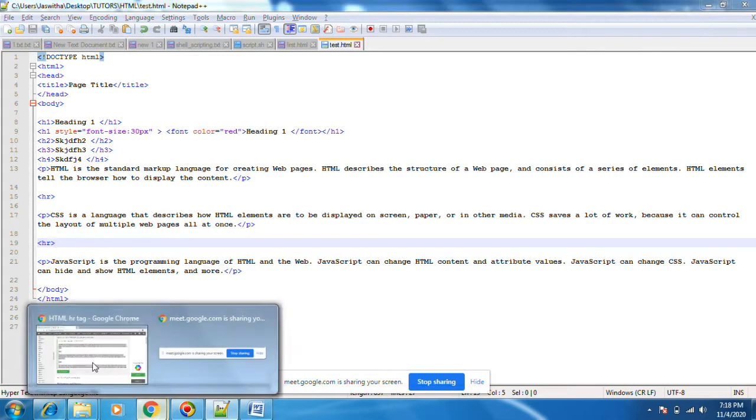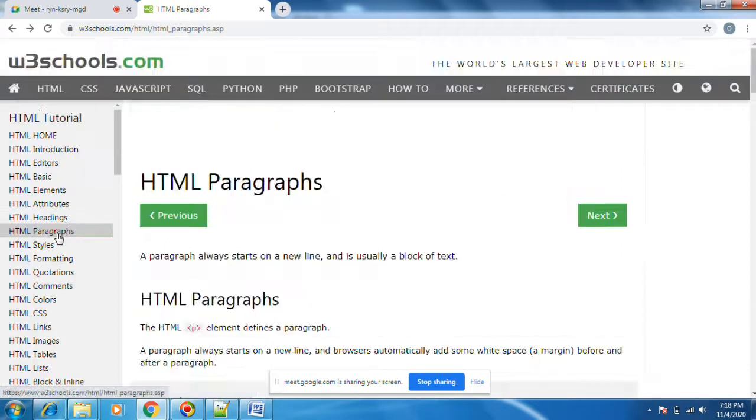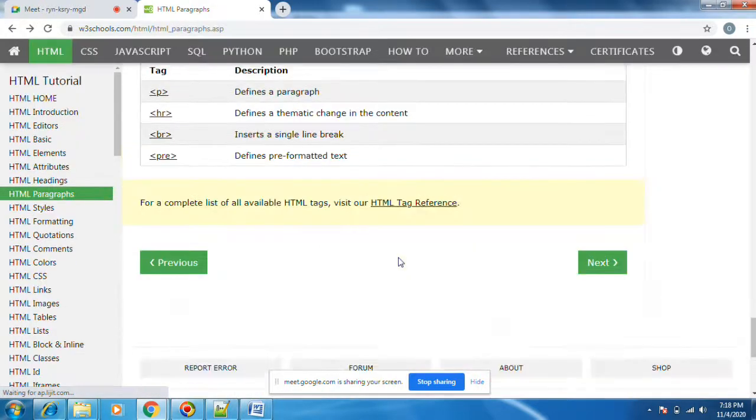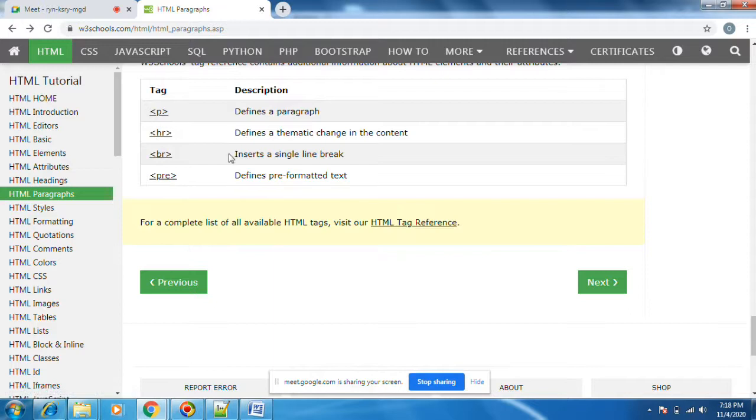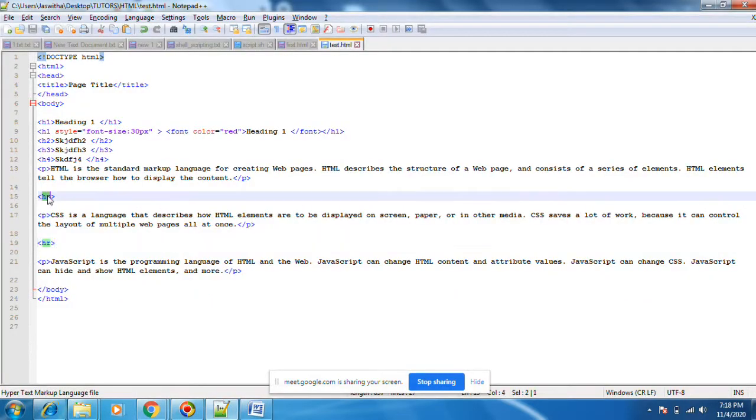Whereas BR means line break. HR means some change in the content. BR means line break only. Instead of HR, you can put BR.